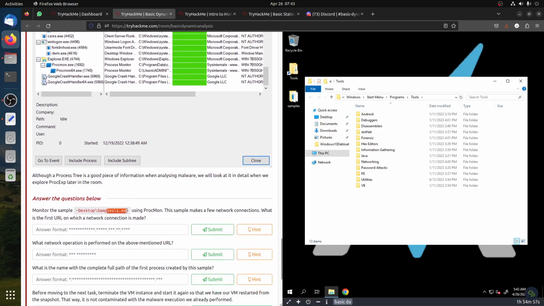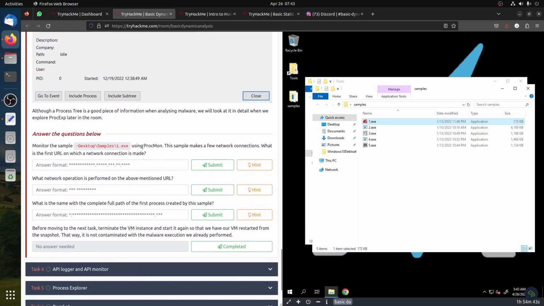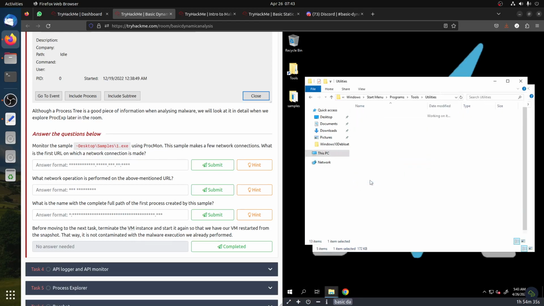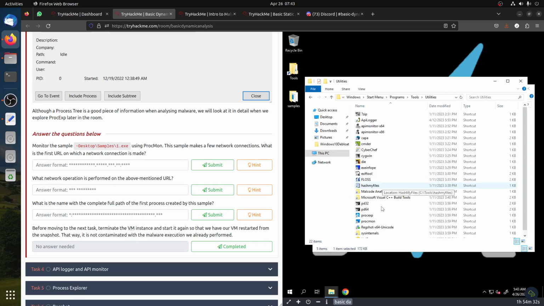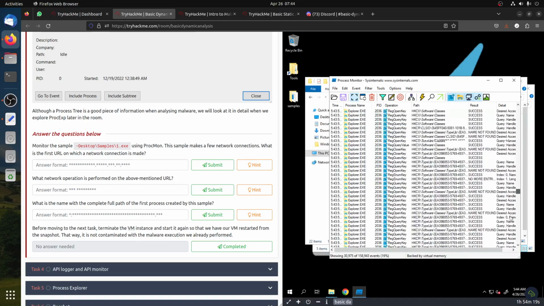Let's start now with sample one. The samples they give us are here. There are four of them. Let's start the first one. Let's give it a bit of time to do whatever the malware is doing. That is the question we're trying to answer. So we use ProcMon, and then let's go to the utility. I think the malware started. Let's start ProcMon. Now we're looking for the process, which will be 1.exe. So if we look for it here,